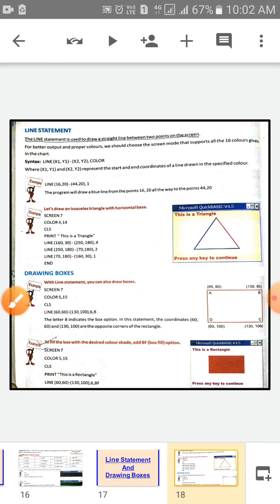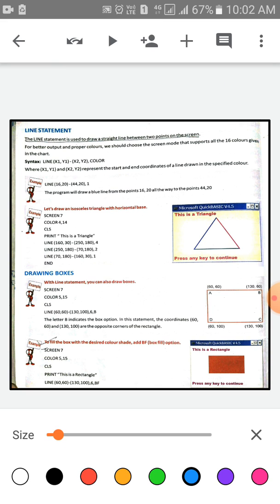Now children, see the example. LINE, then the color number, then the coordinates. This program will draw a blue line from the point 16,20 all the way to the point 44,20.